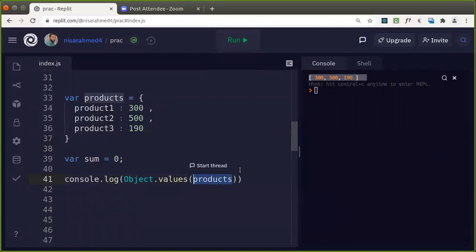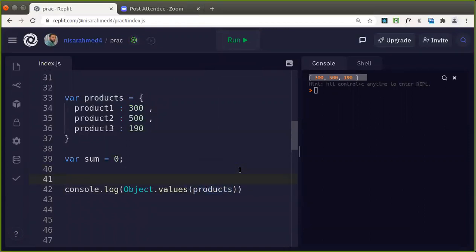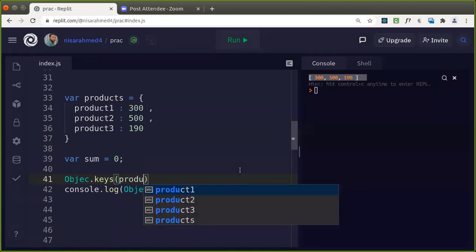If you want to get the keys, you can use keys also that way. Object dot keys of the given object will give an array of what? Only keys.